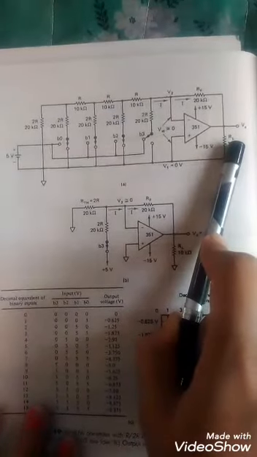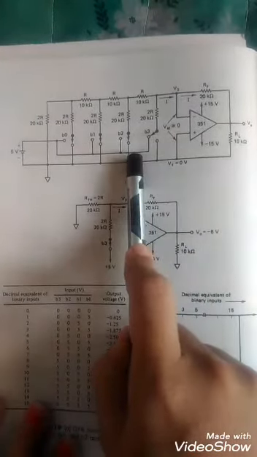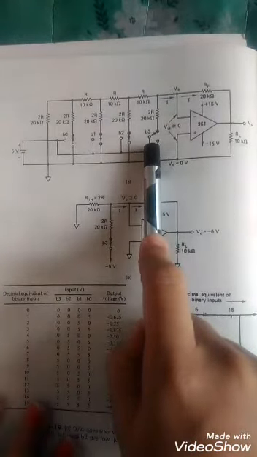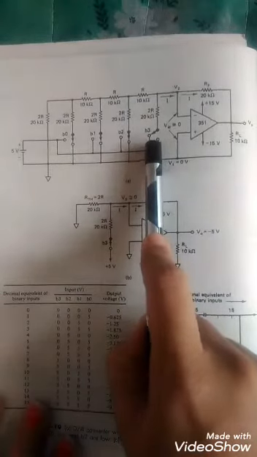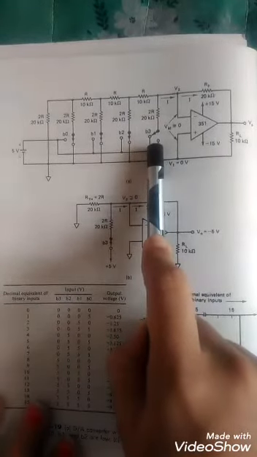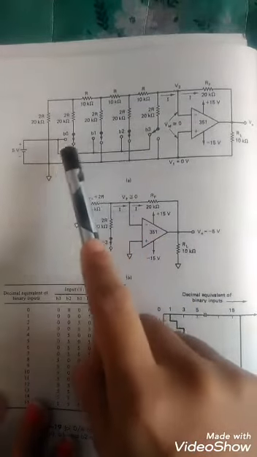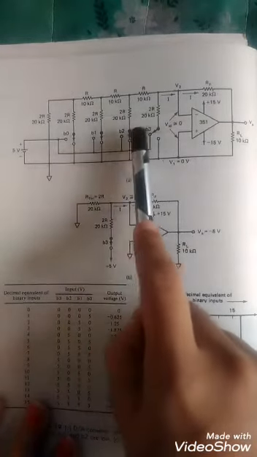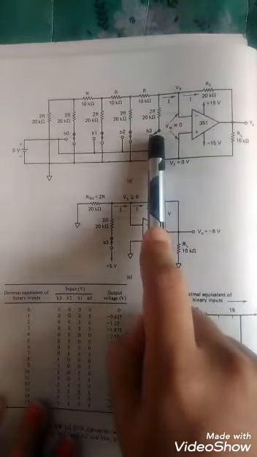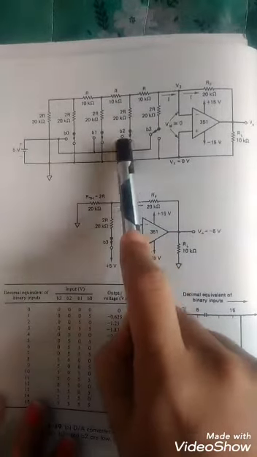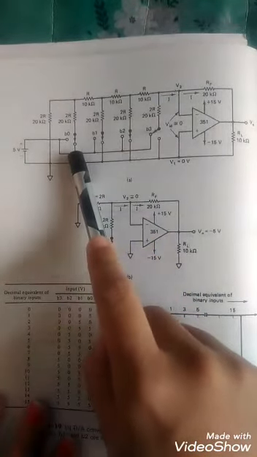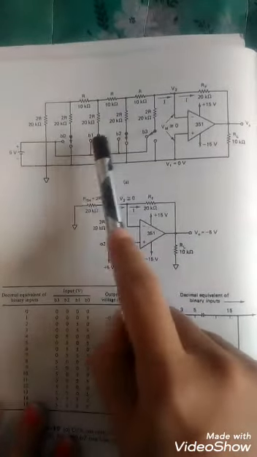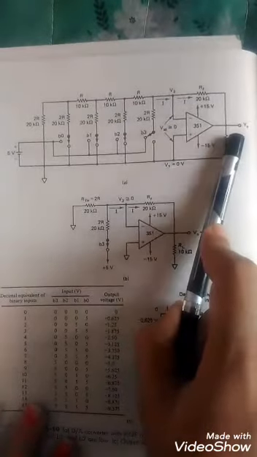First, as you see in the circuit, we will take the example that the most significant bit B3 is connected to 5 volts, high, and the remaining switches are connected to 0, that is low. Like this, we will take one example and try to solve for the output voltage V0.